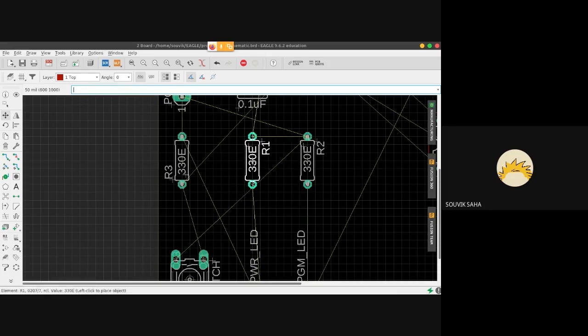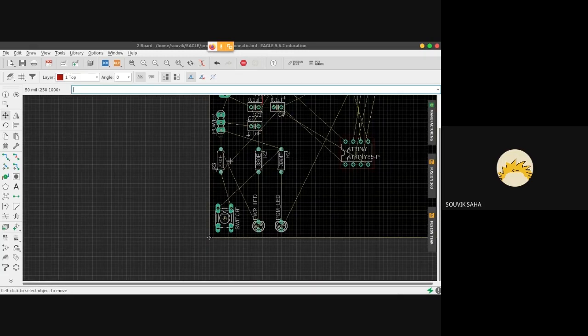So you can change the routing accordingly. You don't need to fix to this strategy. Apart from ground, just try and route everything else. And I'll show you all one more thing.